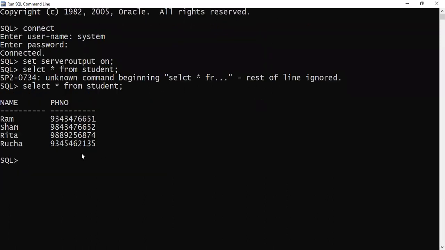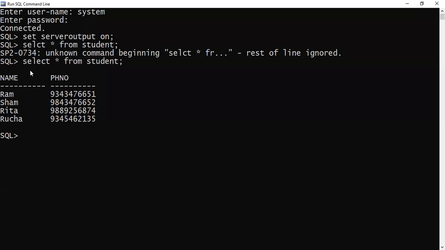Now I want to change this Rita's name to Geeta, and I will do it from my PLSQL program. As you all know, I don't have to declare any variables right now. I just have to execute one SQL statement through my PLSQL program. So I start my program. I say begin. Which command do I want to execute? Update.